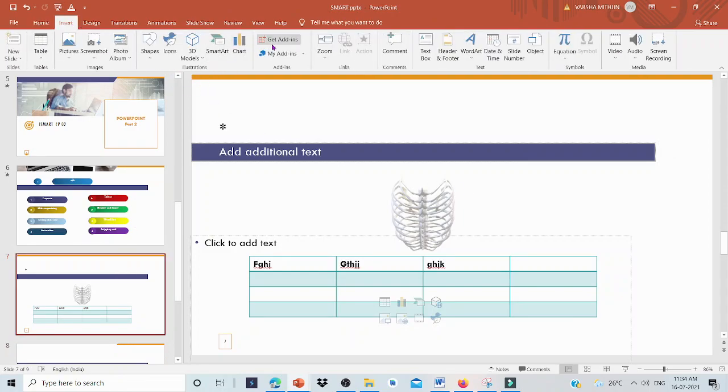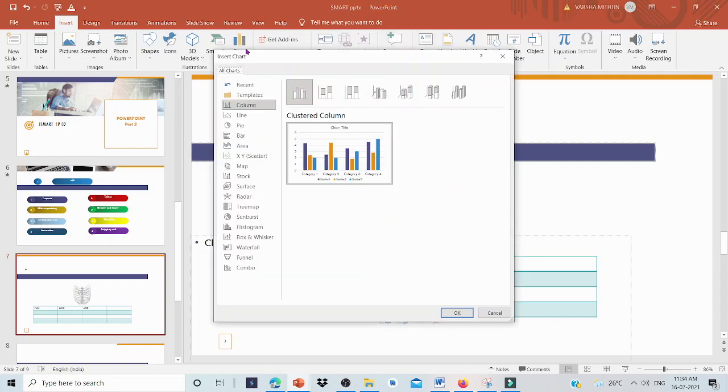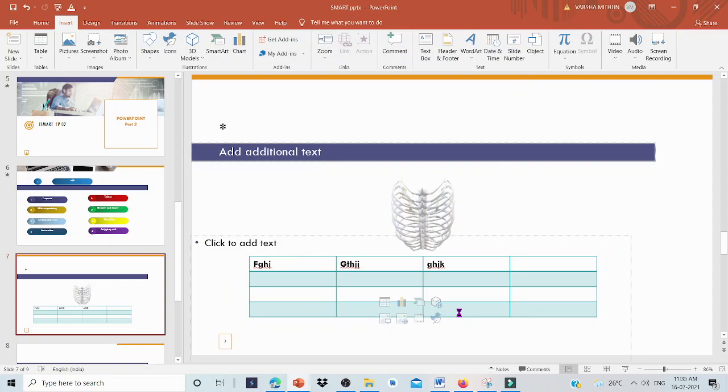Then we can insert charts. We can select the type of chart, whether it is a line chart, a pie chart, or a bar chart, and we can insert the chart. What we have to do is just type the values, and automatically it will be converted into a chart.